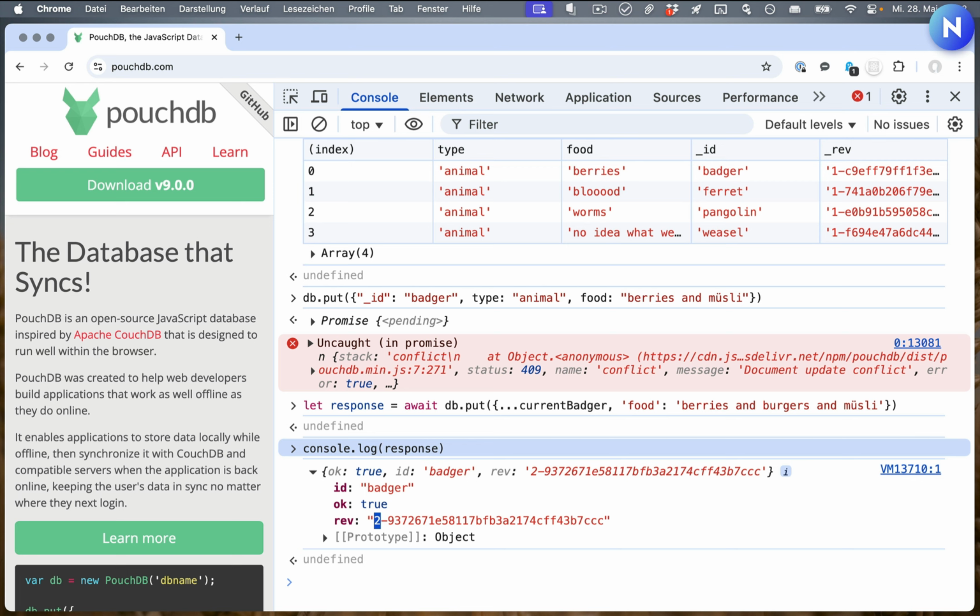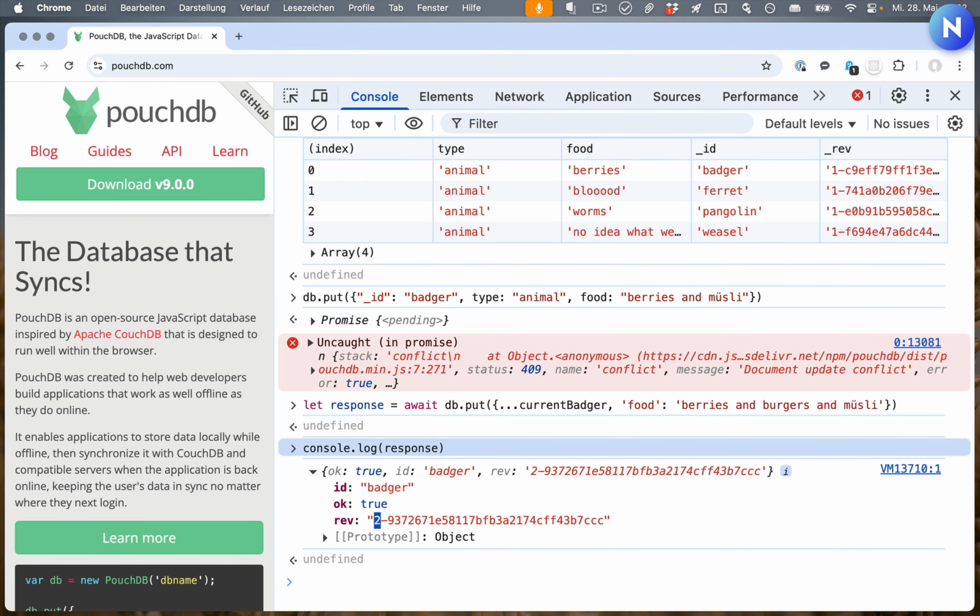Now, a brief explanation as to what we're going to do next. CouchDB and PouchDB support multi-primary replication, meaning you can connect several databases via replication and they'll eventually be consistent with each other. They'll all have the same data. You can also do partial or filtered replications as you like, in which case they won't all have exactly the same data, but they'll have the data you want them to have.